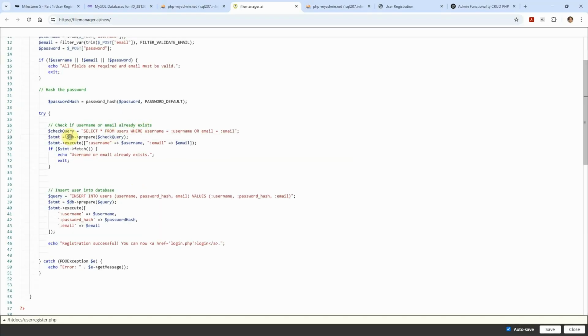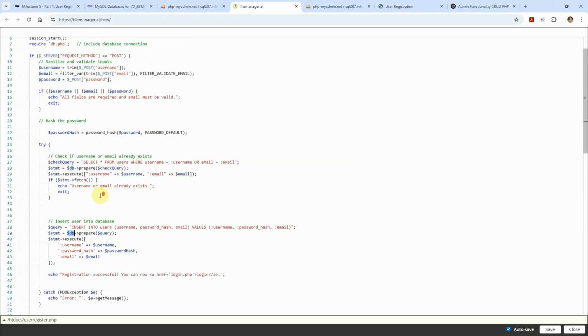So here, when I'm doing my prepared statement, see, I'm calling that connection. Okay. So this has to match. Because again, here it is here. So rather than changing it all throughout my entire script, I just went ahead and changed it because again,